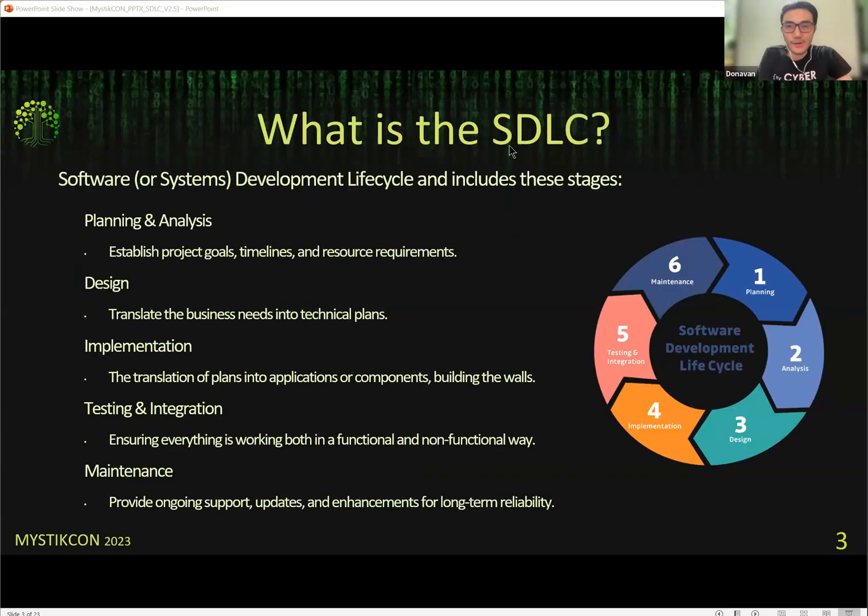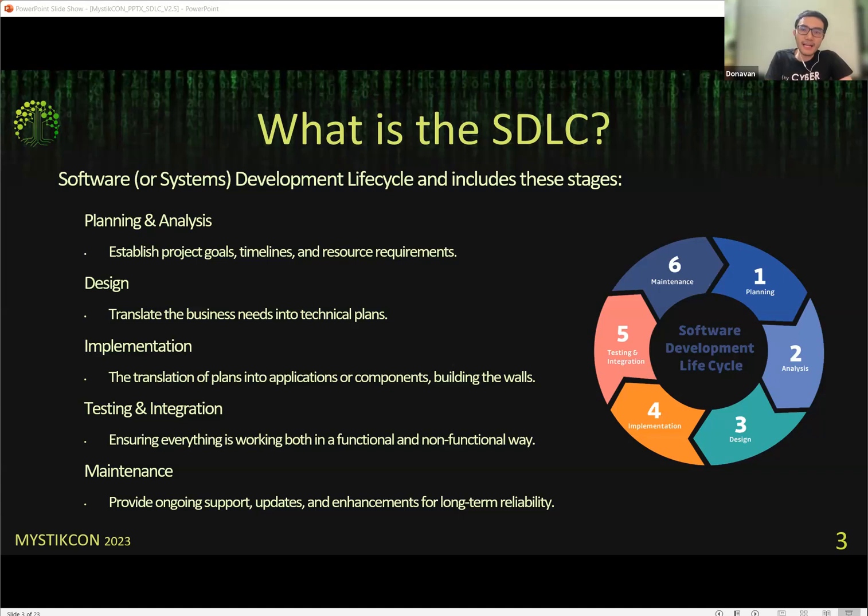Without further ado, let's go on to the SDLC, which can stand for either software development lifecycle or systems development lifecycle. It doesn't really matter which, it depends on the kind of project that you're doing, because you could be developing software as part of a project, or you could be bringing in different pieces of software and hardware together to build a system. In a life cycle, there are several stages. Depending on where you read up what the SDLC is, it may come across as different names of these stages, but the concept is the same.